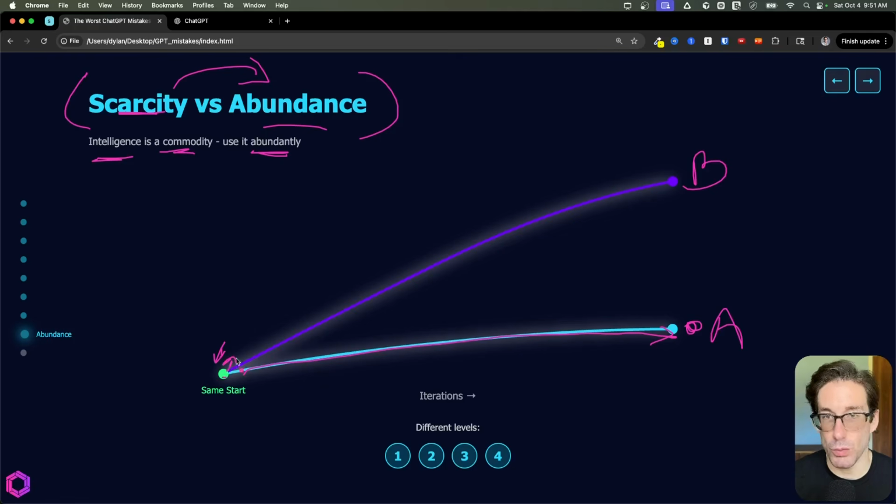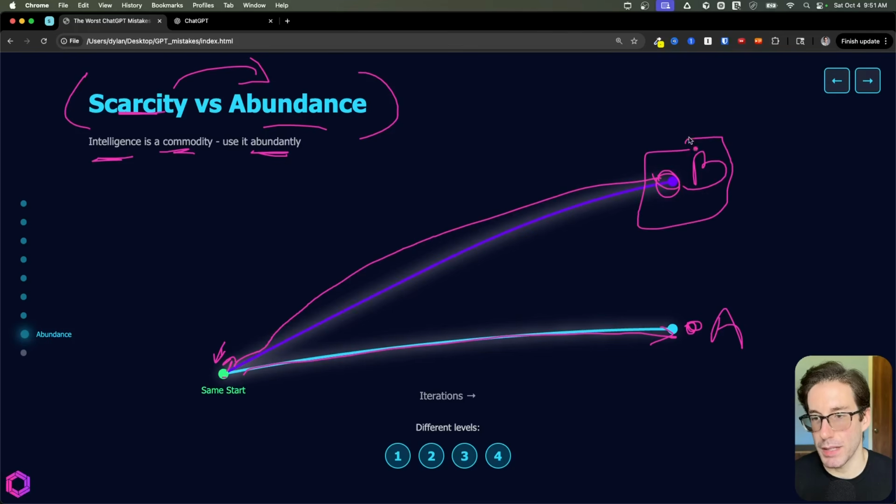And by just adding one or two words, we have a slight deviation in the trajectory, but at the end of this trajectory, we get to a completely different location. And maybe this location where prompt B lands is exactly what we wanted, but if we never tried multiple attempts with the same prompt or slight variations of the prompt, we would have never known that AI could actually achieve what we wanted it to. We would have assumed that it could only get to point A.